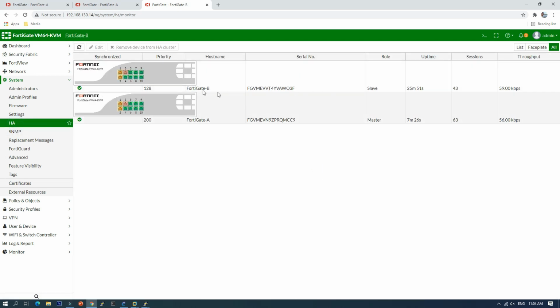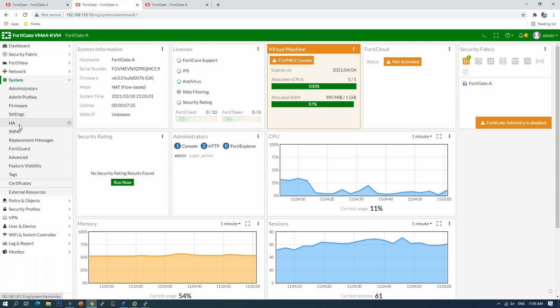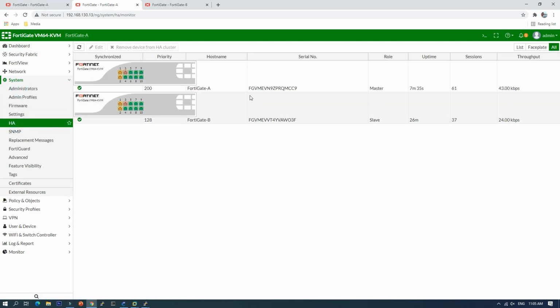The FortiGate B is the slave, FortiGate A is the master. Yes, FortiGate A is master, FortiGate B is slave, and all the configuration is synchronized.